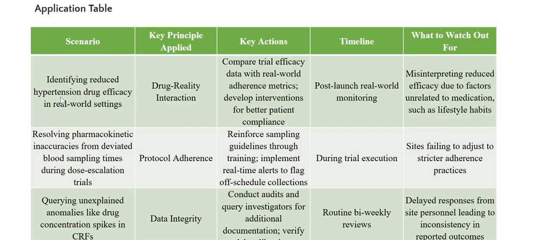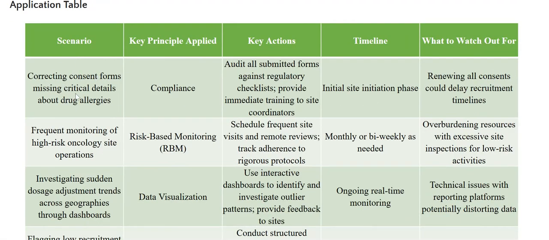Scenarios we have: identifying reduced hypertension drug efficacy in real-world settings, resolving pharmacokinetic (PK) inaccuracies from deviated blood sampling times during dose escalation trials, querying unexplained anomalies like drug concentration spikes in CRFs (case report forms), adjusting migraine drug dosage after detecting increased hepatic enzyme levels, correcting consent forms missing critical details about drug allergies, frequent monitoring of high-risk oncology site operations, investigating sudden dosage adjustment need trends across geographies through dashboards, flagging low recruitment rates in some sites and